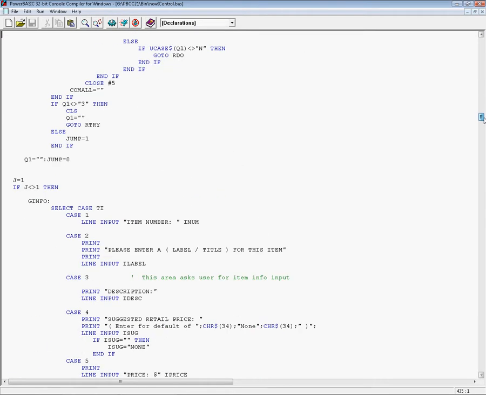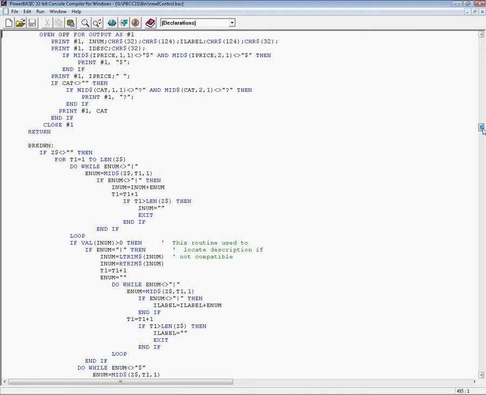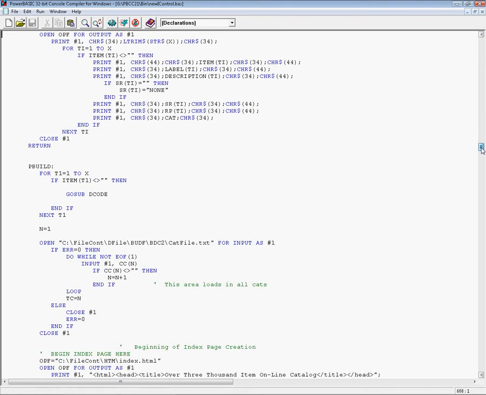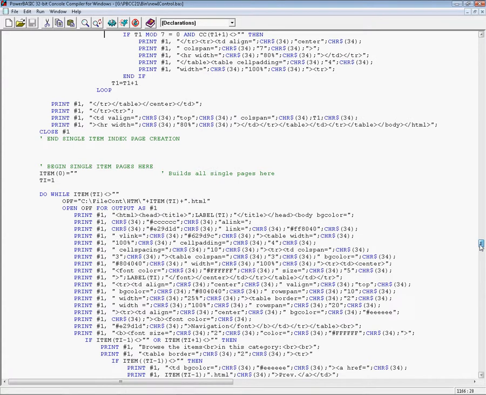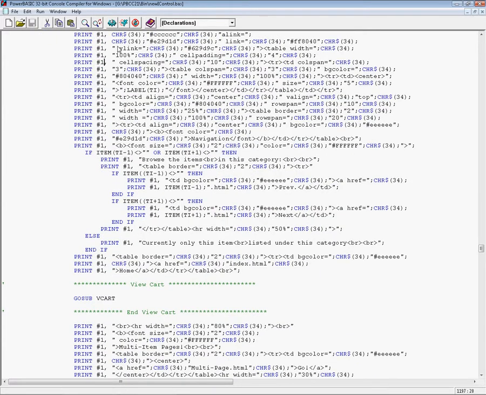Pretty large program, but to get the web pages, I hard-coded the HTML into the program coding. Here's part of it. HTML, that's for the index page. So, we're going to build the entire website. This is all the information with all of the HTML and scripts and things that are going to make the